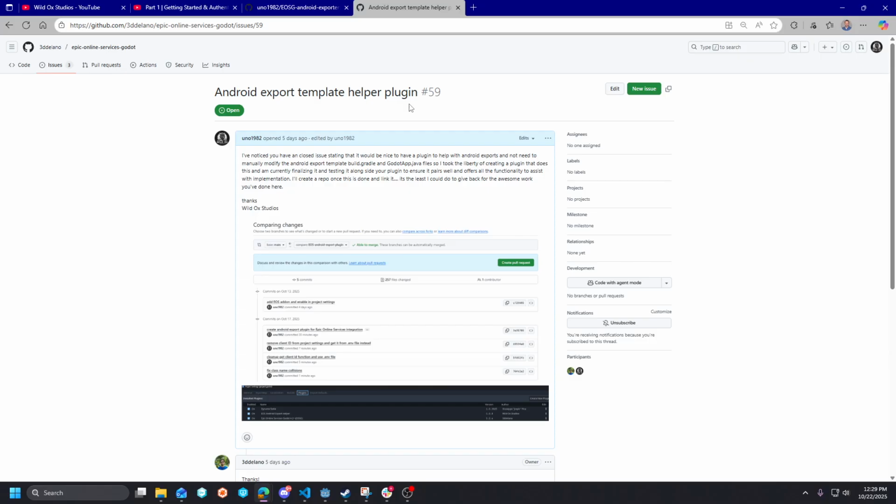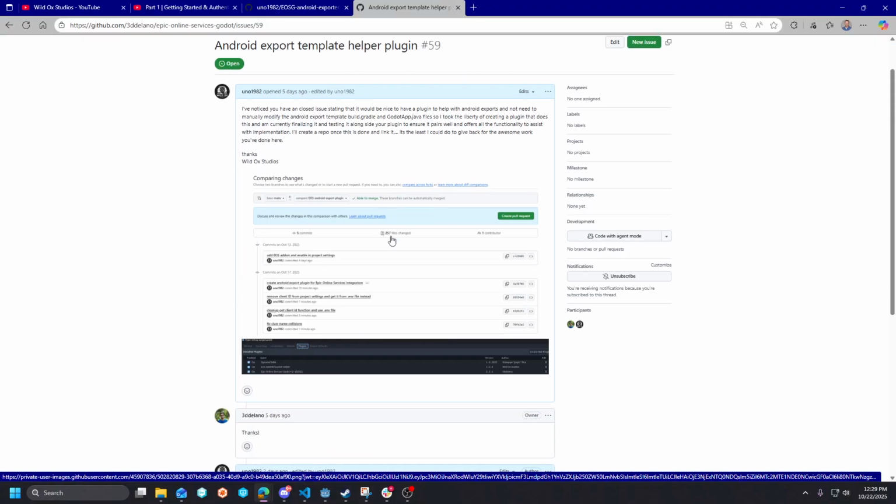And what that means is, say you have multiple projects. Say you wanted to migrate from Godot 4.4 to 4.5. You download a new Android build template with each one of those, and thus your changes would be wiped. So instead of having to manually deal with that per project, or per project migration, say that you're in the same project and the engine migrates and you download the new build template,